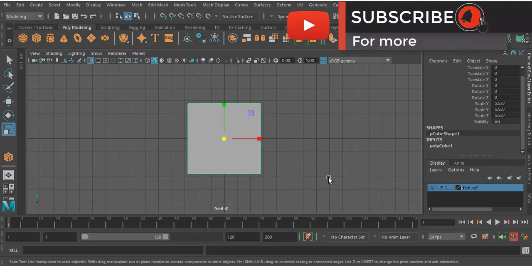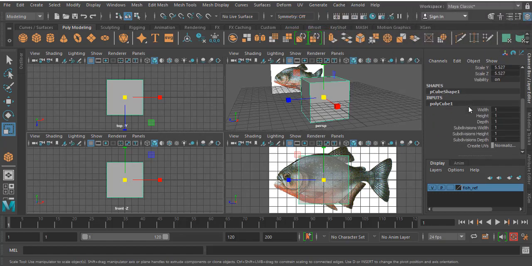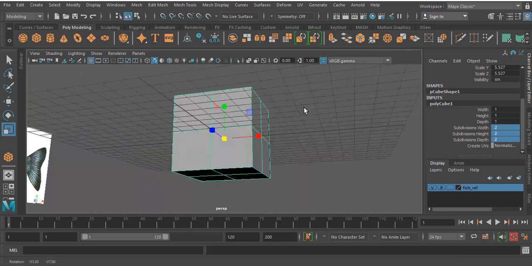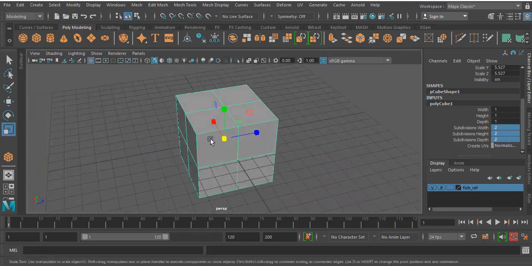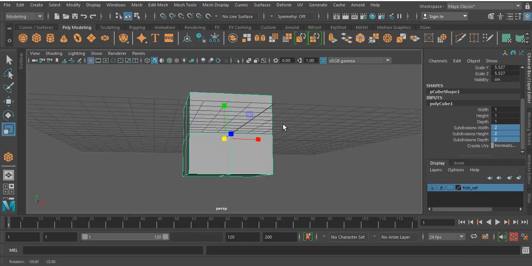So before changing my vertex, faces or edges, I'll go to this polygon cube in the channel editor. Here you can see polygon cube 1, because only one cube is available here. I'll set the span flow to 2: height, width, height and depth, everything is 2. Now you can see the split span flow came in a 2 to 2 ratio.